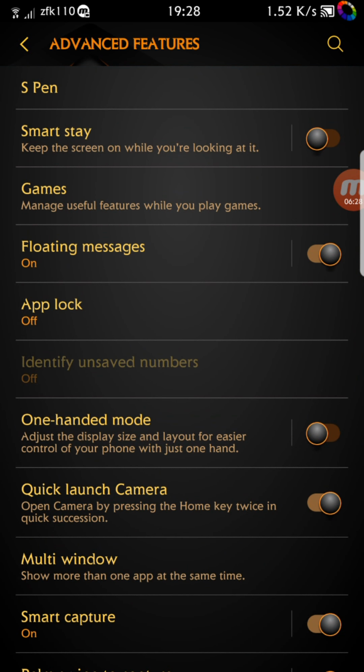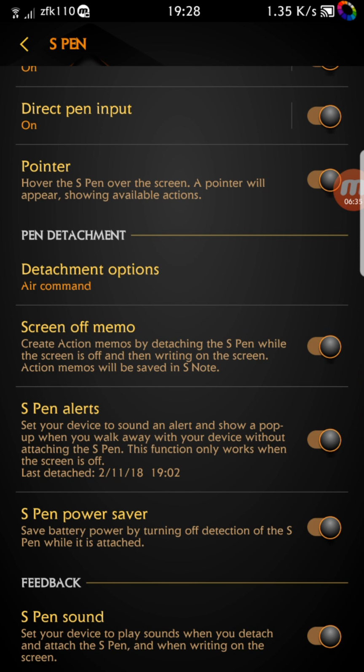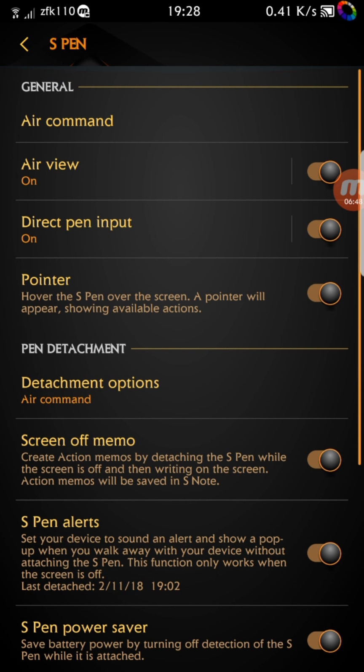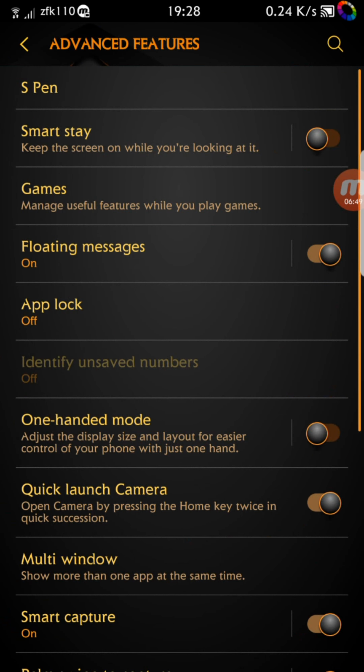Screen off memo, screen off memo is on. Alerts, response, saver, sound, vibration. So that's pretty much it. Not too technical. You can change the